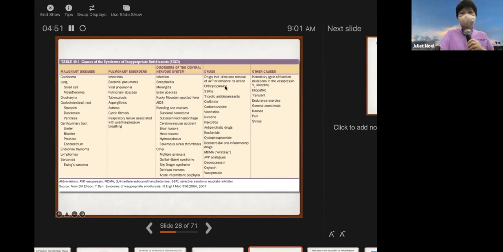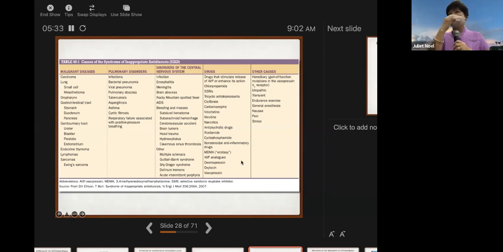it can cause SIADH. Medications can too: chlorpropamide is one, tricyclic antidepressants, clofibrate, this is for hypertriglyceridemia, carbamazepine, vincristine, which is a chemotherapy agent, narcotics, antipsychotic drugs, cyclophosphamide, and immunosuppressive medication, even an NSAID. And the vasopressin analog, like desmopressin, and